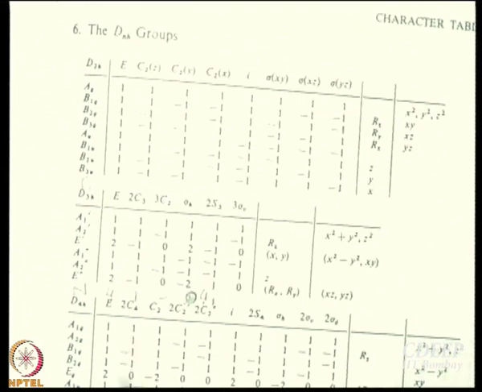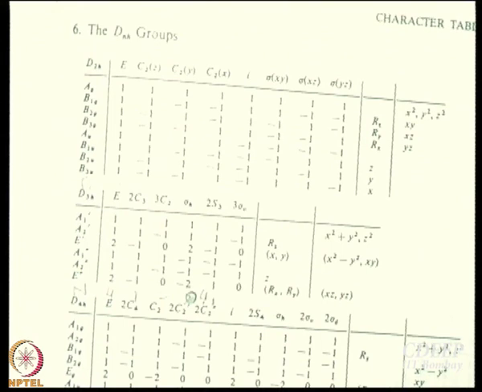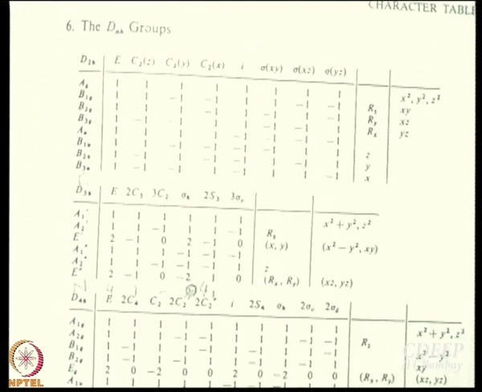Now you see, if you just keep on multiplying this n by the character of gamma xyz, don't you get gamma 3n? You understood this, what I wrote, what is n? You understood gamma xyz? Gamma xyz is gamma x plus gamma y plus gamma z. So gamma x plus gamma y is E dash, right? And gamma z is A2 double dash. So now I am just adding the corresponding characters. Now got it? So now if I multiply each of these characters of gamma xyz by the number of atoms that remain unchanged by that particular operation, should I not get gamma 3n?